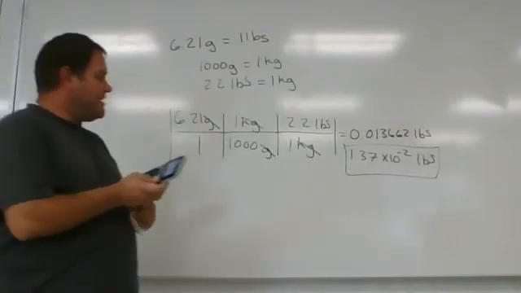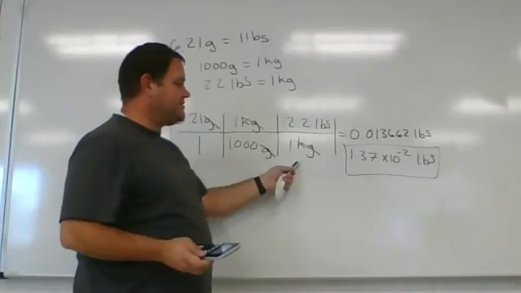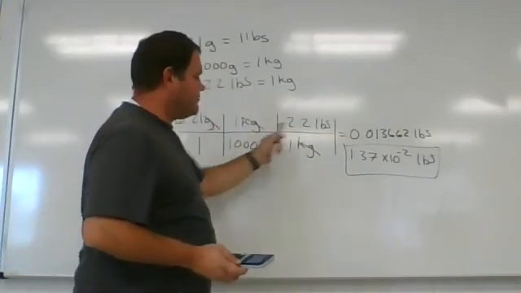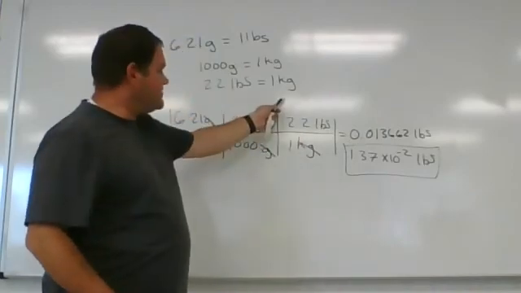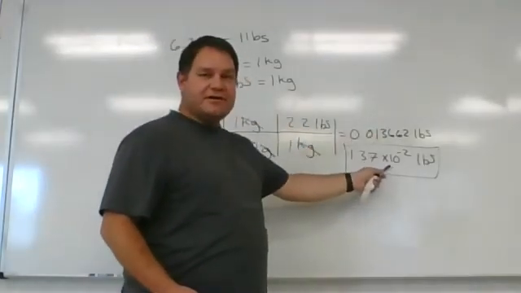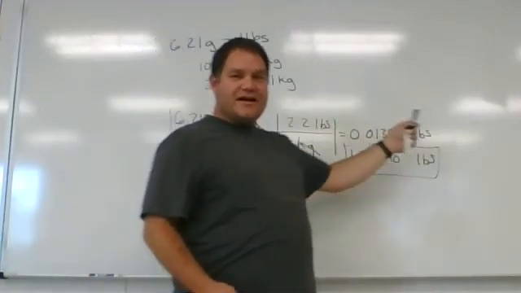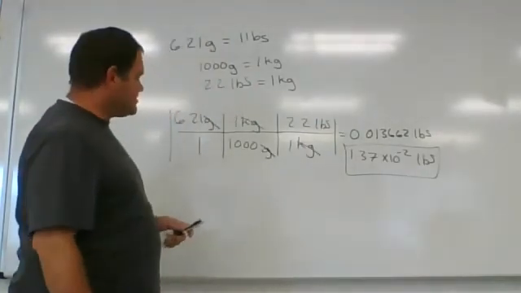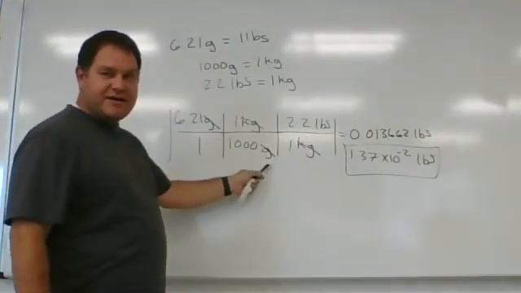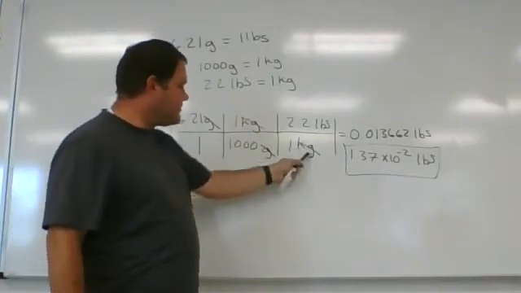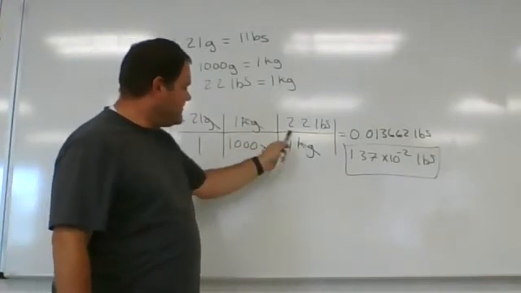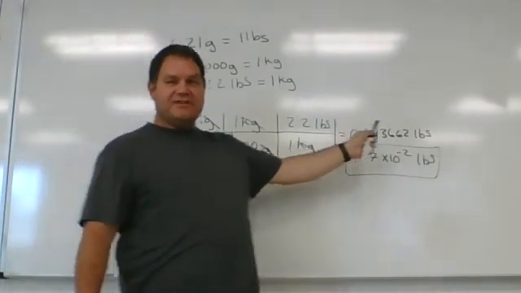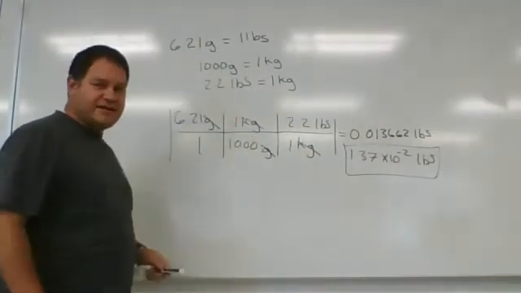Okay? So again, an example where I might have to use 2 brackets instead of the 1 because I got 2 conversion factors that I'm working with. If I have 3 conversion factors, then I have to add a 3rd one. If I have 4 conversion factors, I have to add another one, and so forth. But the math is still the same. Just make sure that the units you're trying to get rid of are on the bottom. They're diagonal from one another, okay? So I can divide and get rid of them. And so the last unit that's left, that's the unit in my final answer where I'm trying to get to,